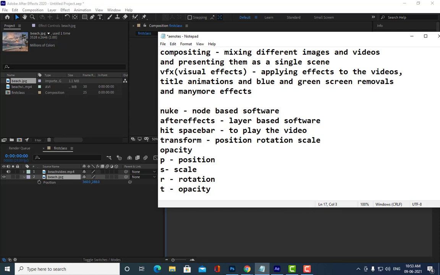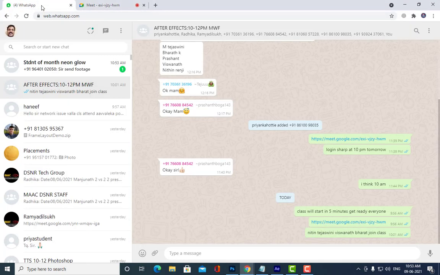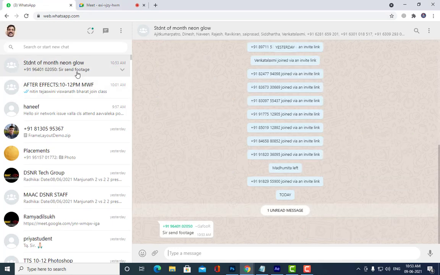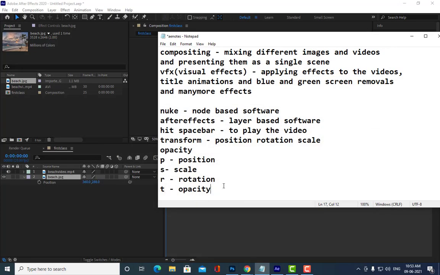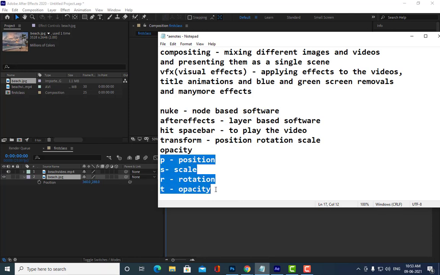Many people will get confused because P is for position, S for scale, R for rotation, and they will think O is the shortcut for opacity. No, not O. It is T. Are you all able to understand? So understand these shortcuts and keep them in your mind.